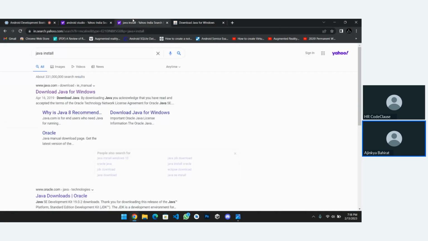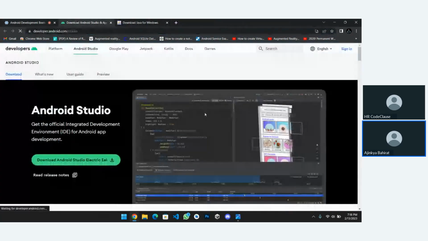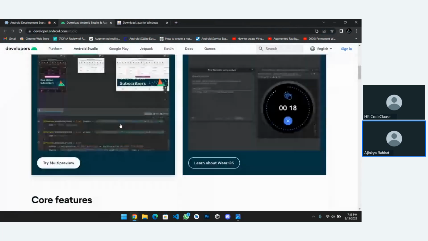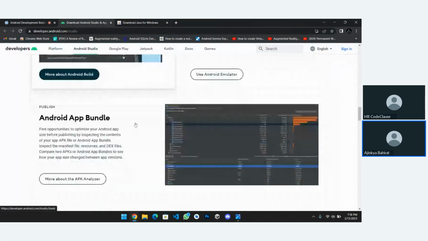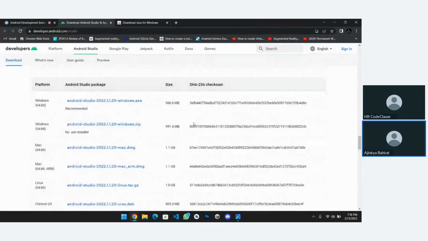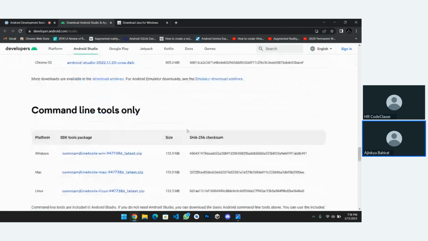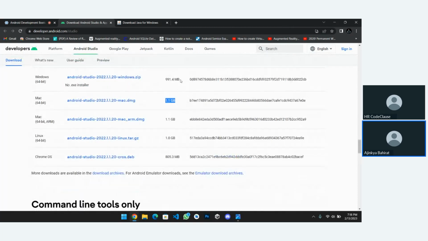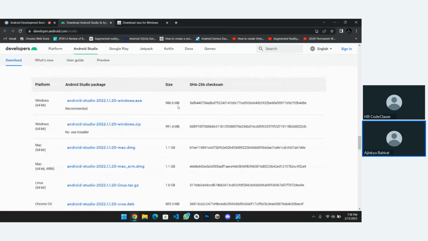Okay, I will tell you the basic requirements. It is stated, and the best requirements I will also share with you. Where is it, let's check. I think minimum 2 GB RAM is required. Okay, the size might be high for you. So if you have Wi-Fi at home, you can easily download right now. But if you don't have Wi-Fi, you can go with your college Wi-Fi or a friend's Wi-Fi also. Because you can see 1.1 GB, 991.4 MBs. So that's why. This is the exe file and these are other files, zip file and so on.